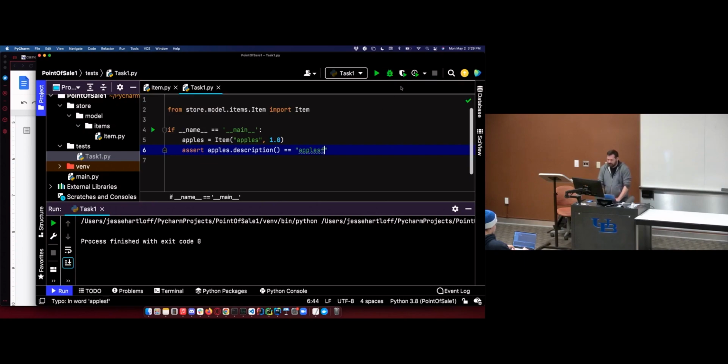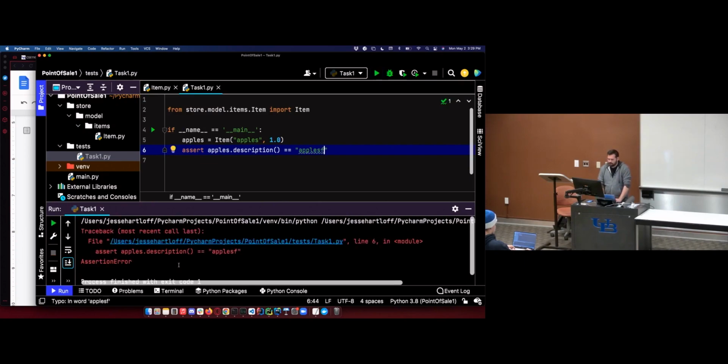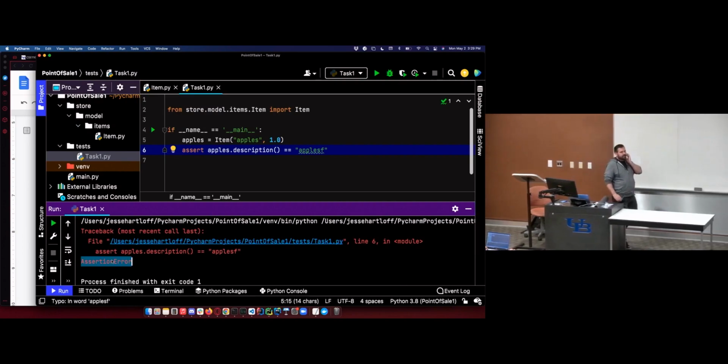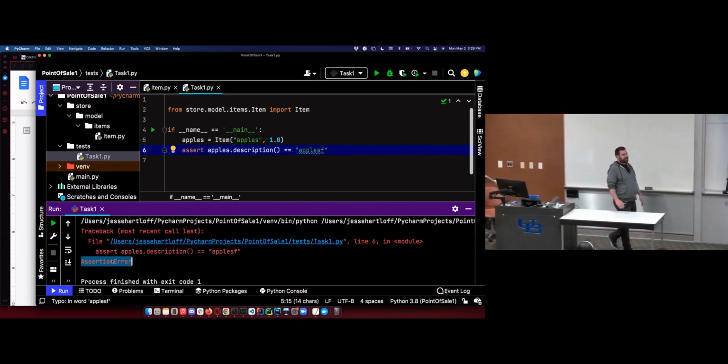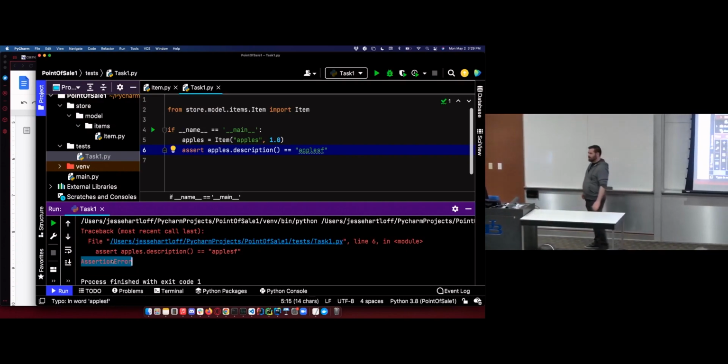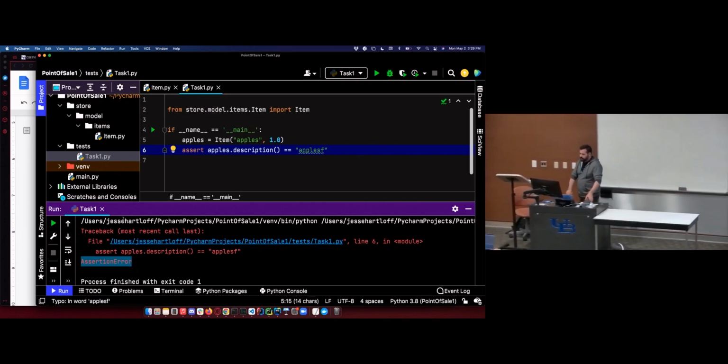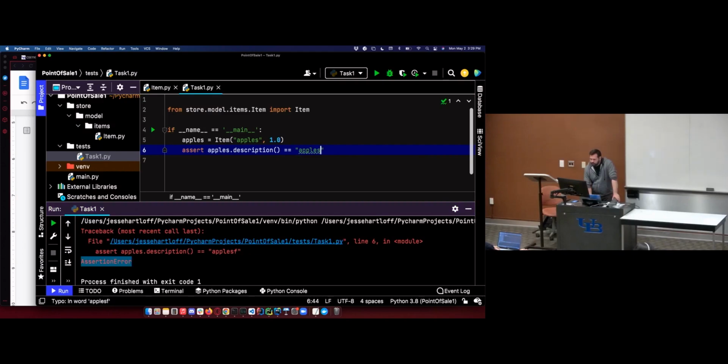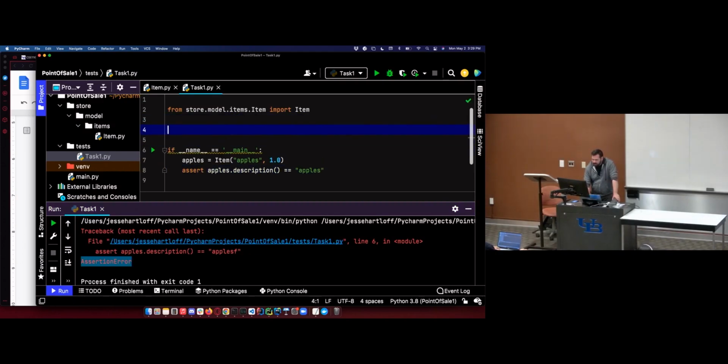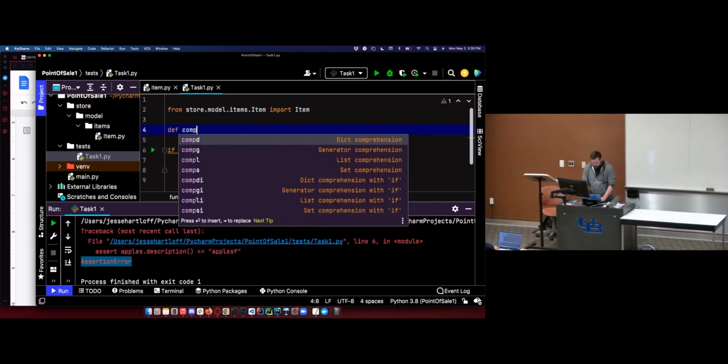And if I intentionally mess up my test case, I'm going to get an assertion error because my test failed. So I have a unit test. I'm just checking the description of my apples. But this is how we're going to check things. And we can have our compare doubles.